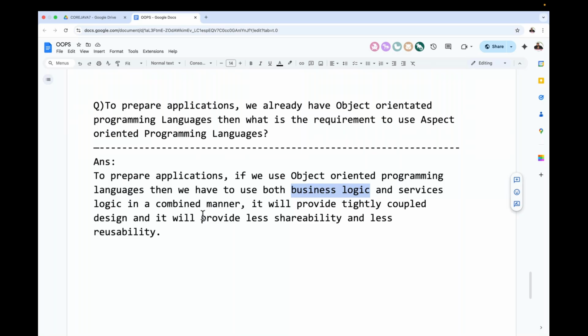But business logic is okay, sir. I understood that. Then what is this services logic actually? What are these services? Business logic I understood, that's okay, fine, nice. But what about the services logic? What are you thinking about services logic? Now understand the point clearly. All of you know. Everybody put more concentration. Guys, now all of you tell me,